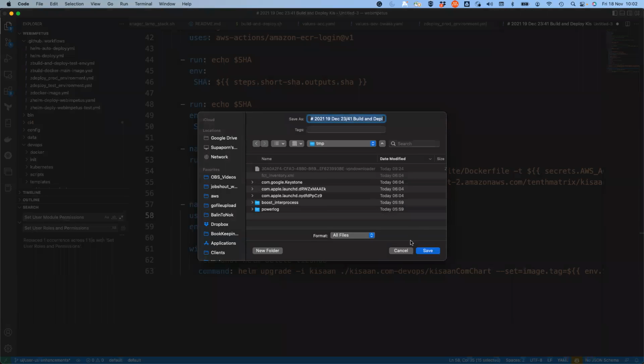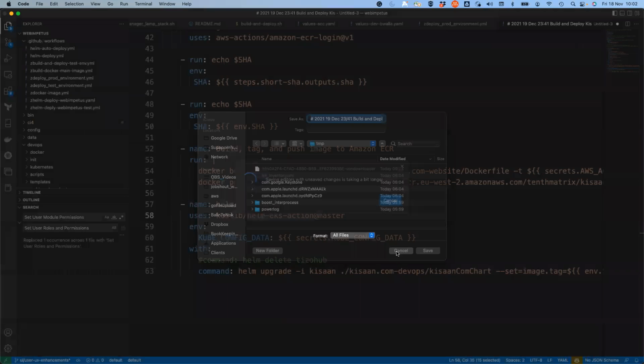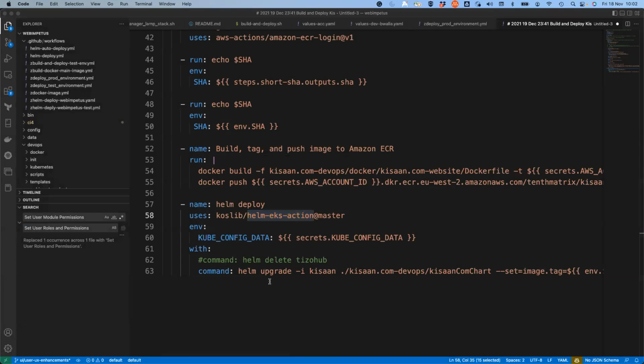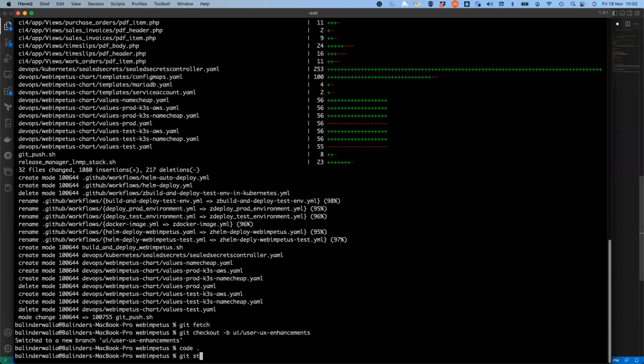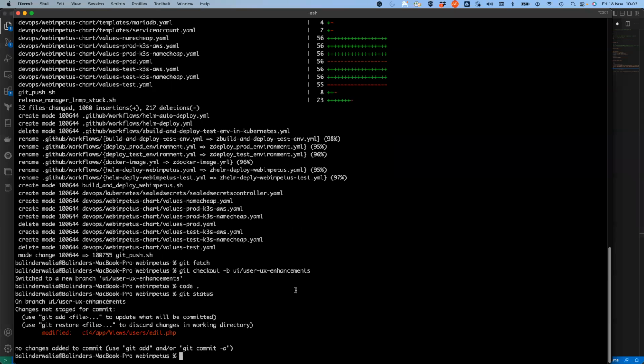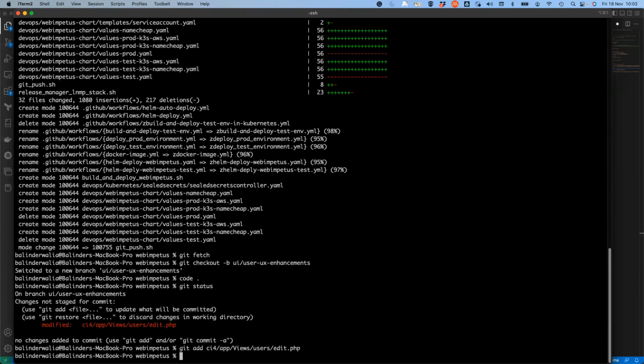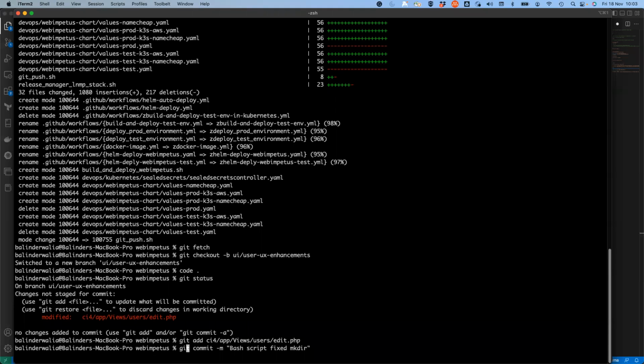This is my other file which has nothing to do with this change, so we can ignore that for now. Git status, and we need to add this in the CI4 app views users, this file only. Yeah, we will just add and git commit, and the change message will be the